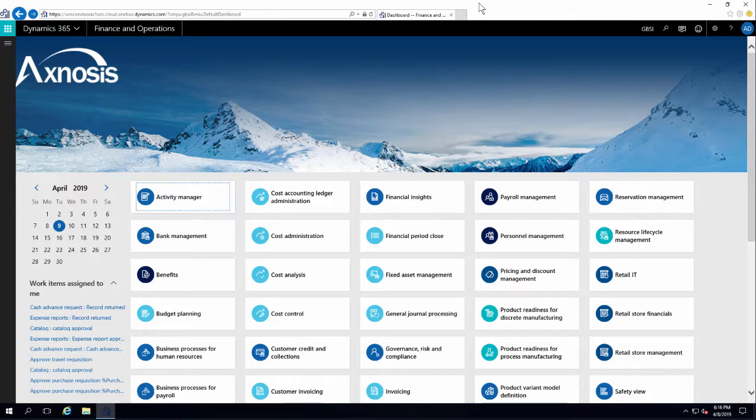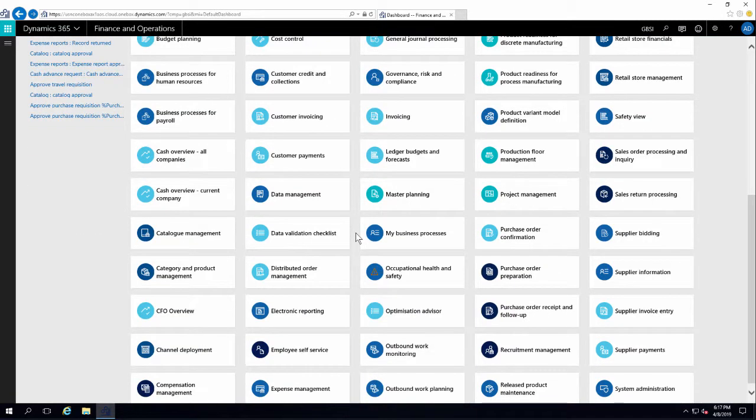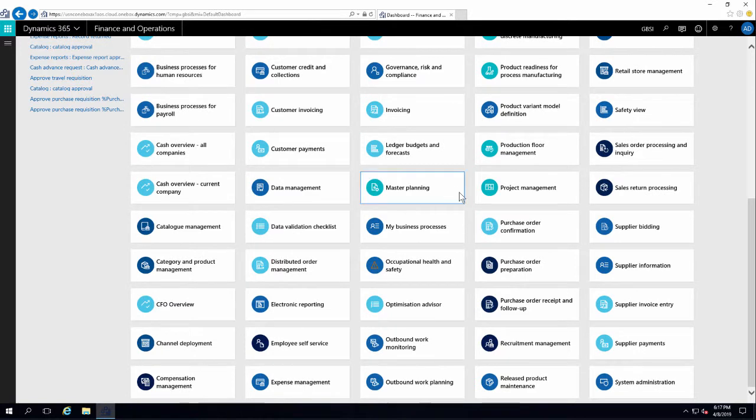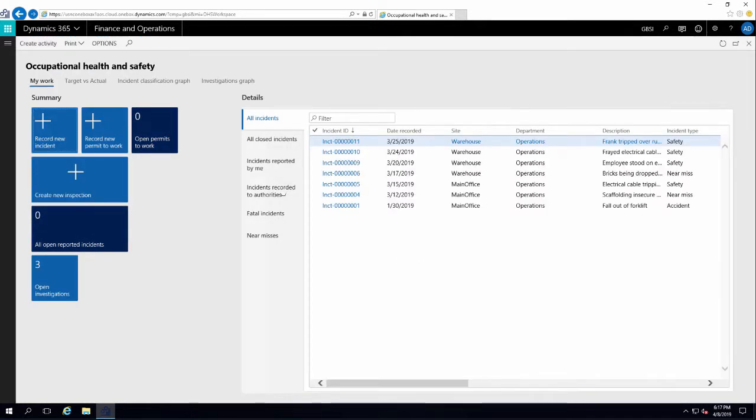When you open up the system, you get to the overall dashboard, which in my case shows a whole lot of different business processes that are supported within the system. Right in the middle, you might notice the Occupational Health and Safety tile. This is a shortcut to the OHS365 functionality, and it's sitting in the same list as all of the other applications. So if I click on that, you go into what's called a workspace,